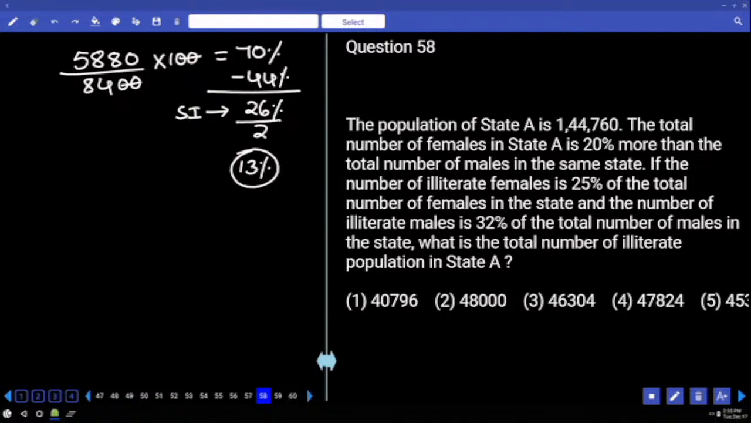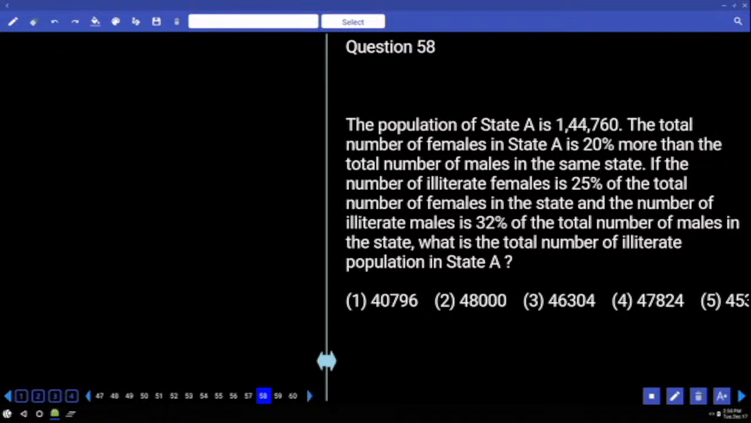Next, see. The population of state A is 1,44,760. The total number of females in state A is 20% more than males in the same state. 20% more than male. Suppose if males are 100, females are 120%. 100 plus 120, total 220% value is given as